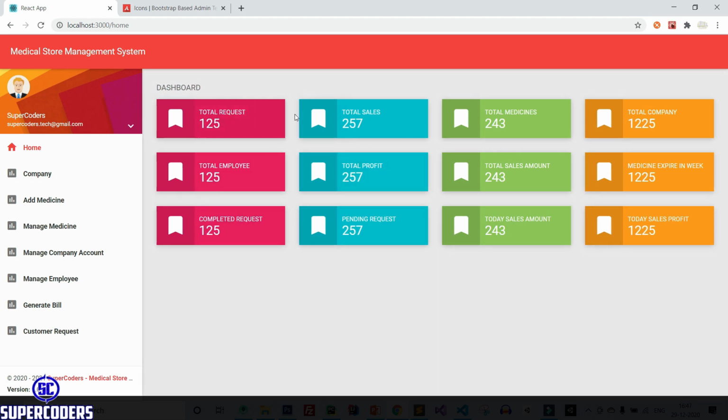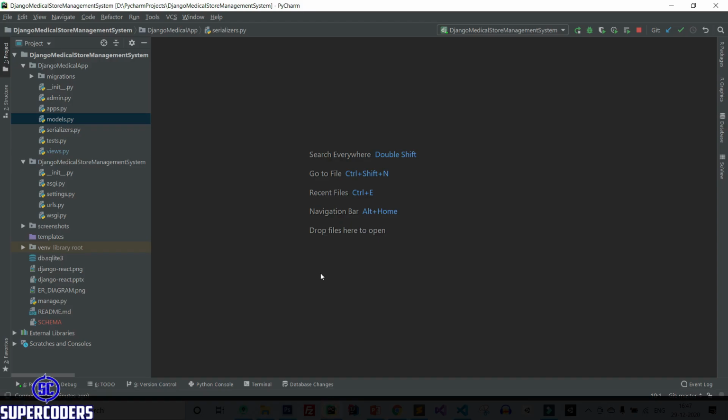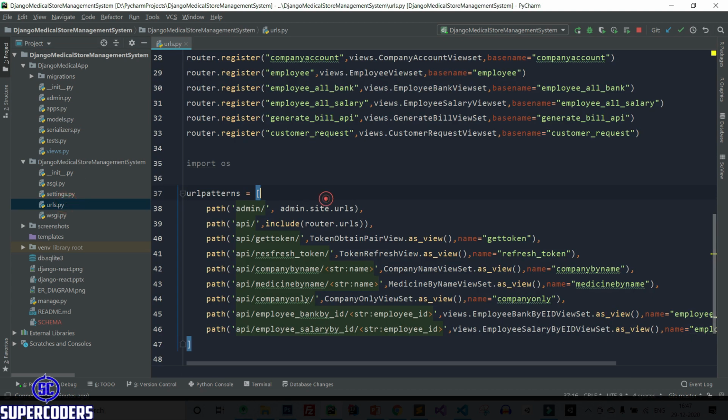You can see total request, total sales, total medicine. Now after that, we need to show this data from the API here in the cards. So let's create this API for homepage data. Again, back to PyCharm and let's create the API. First open urls.py. After that, let's add a route.